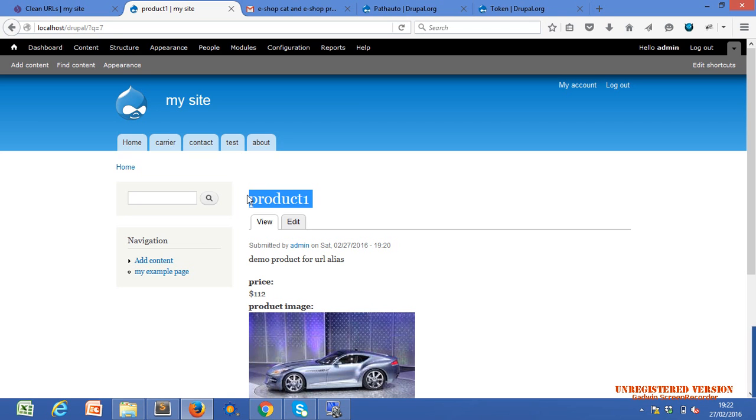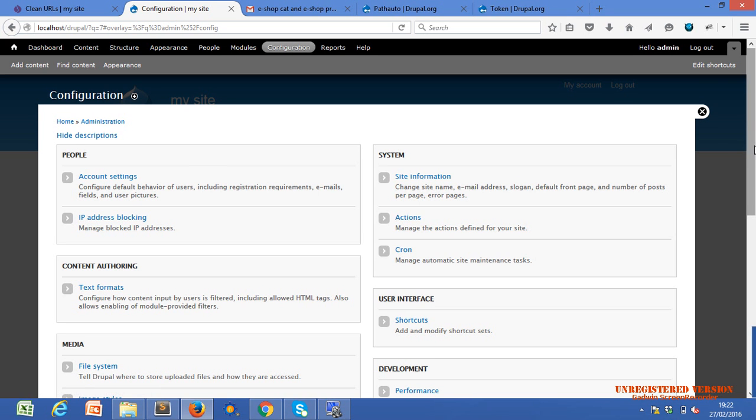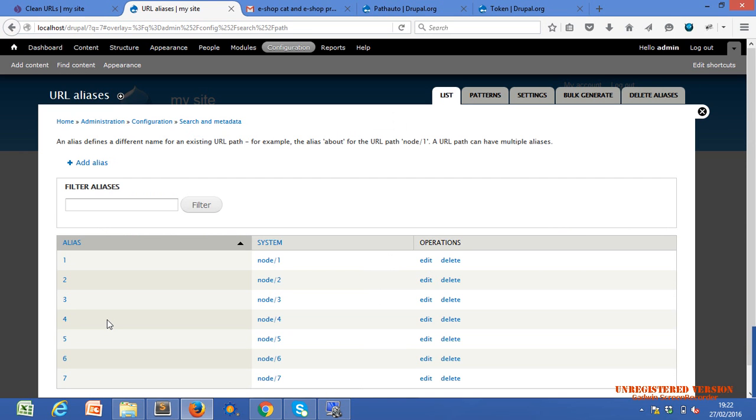So what do we have to do? We have to first add two modules and set them as per our requirement. The functionality means we need the ID, or within the configuration, from where you can set it. Khushi, are you there? Within the configuration, URL alias. Just try clean URLs also, in whatever you have installed in your Drupal 7. Okay.